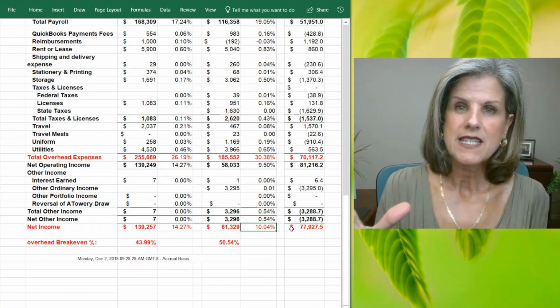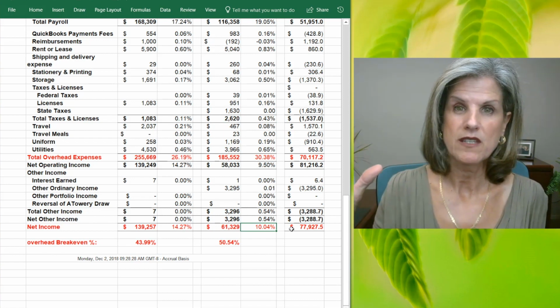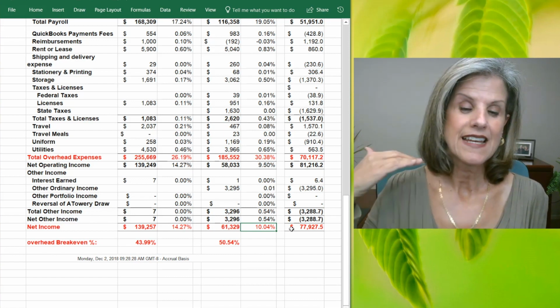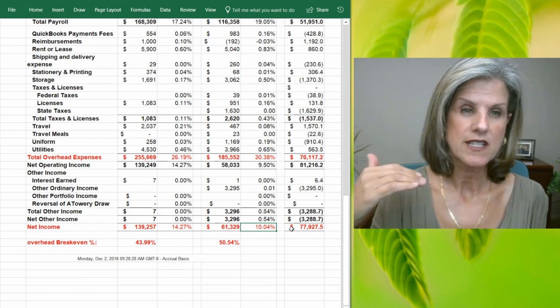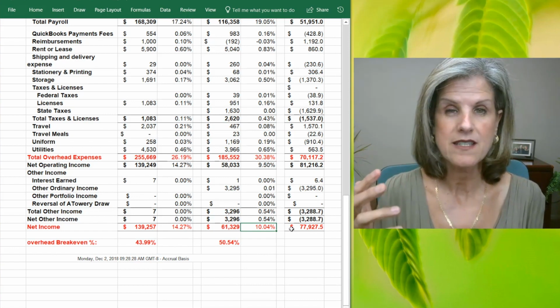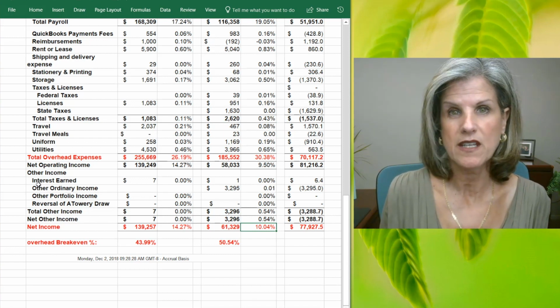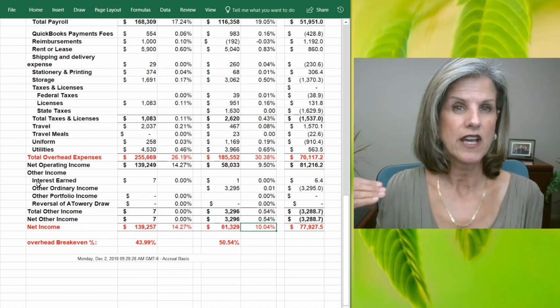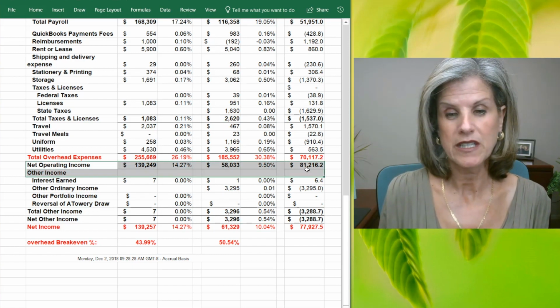Well-run companies, 8 to 10% net profit. Really well-run companies, 10 to 12% net profit. And again, that's after officer compensation and all of the interest and expenses, and that's pre-tax net income. In this particular case, this company happens to be an S-Corp, so their taxes are not showing on the profit and loss statement. But if that was showing on here, then we would look at net operating income